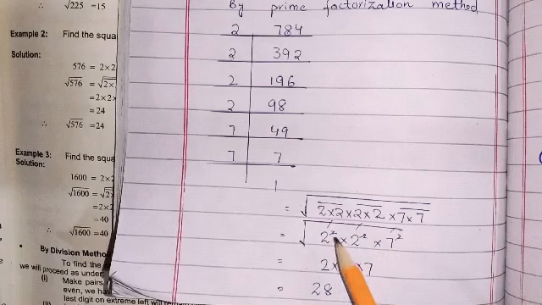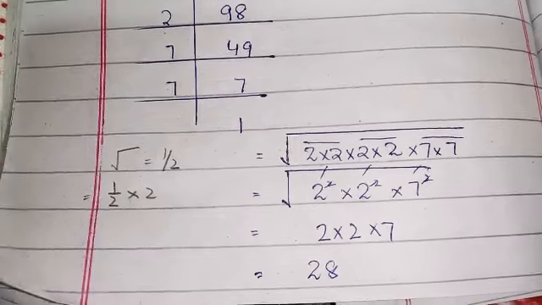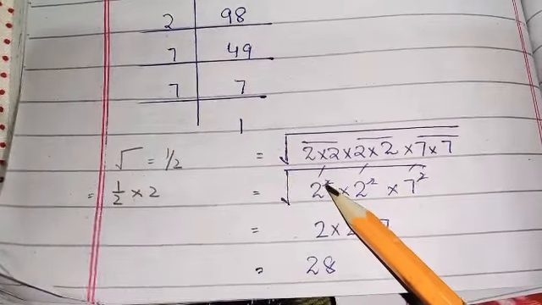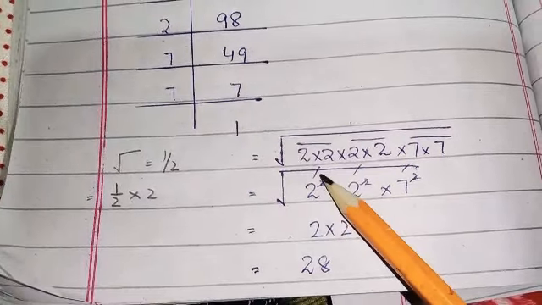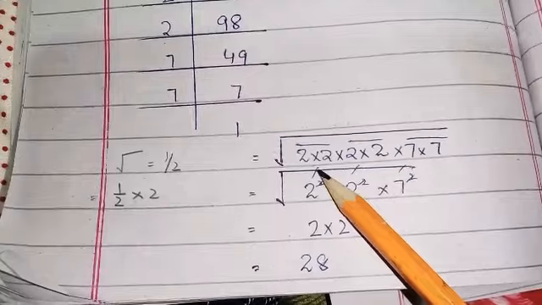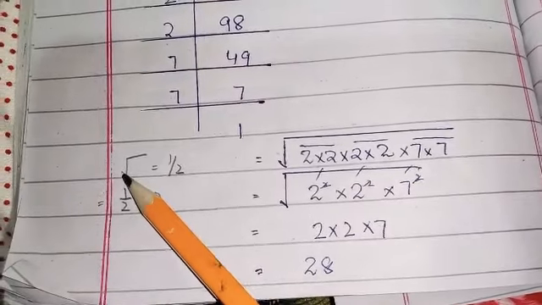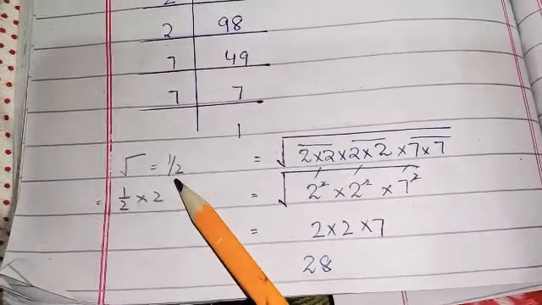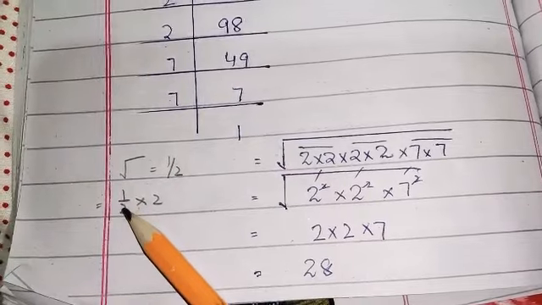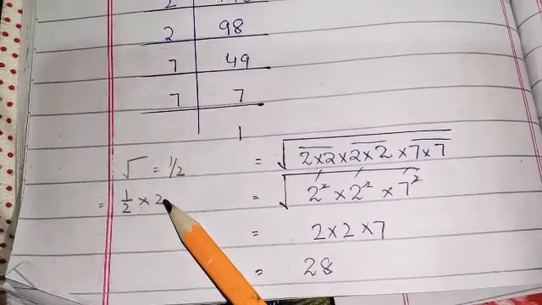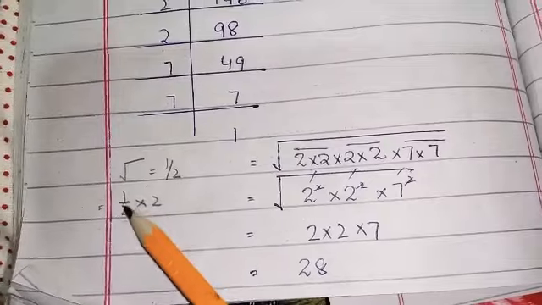Students, as you can see, the square always cancels with the square root. I told you here that this square cancelled with the square root. Why is it cancelled with the square root? Because the value of square root is equal to 1 over 2, and 1 over 2 when multiplied with 2, this 2 is of square, they both cancel each other.